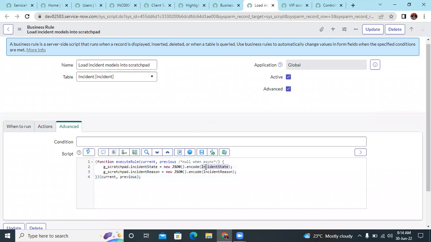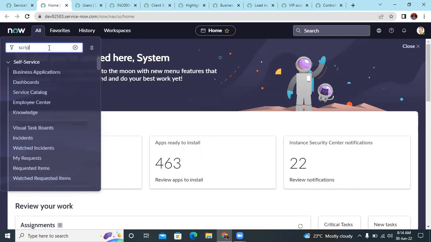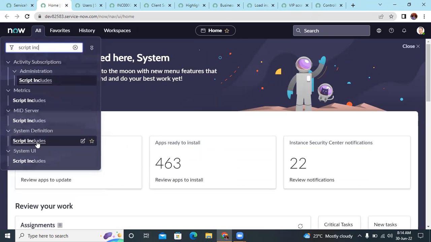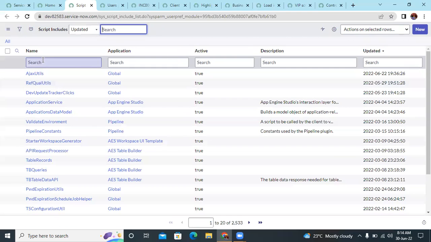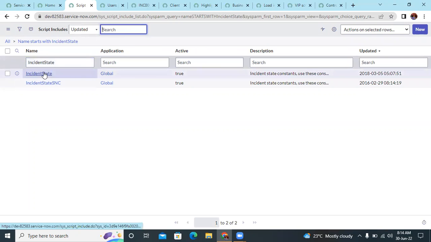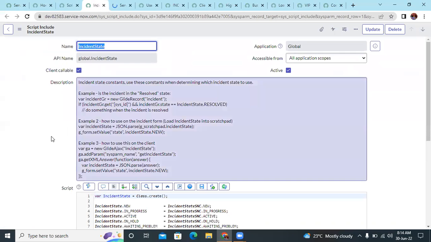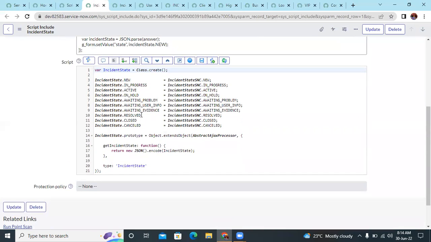For example, g_scratchpad.incidentState is new JSON.encode(incidentState). You might be wondering where this incidentState is coming from. It is a script include from which it will store all the states with their values. So if we just say incidentState.new